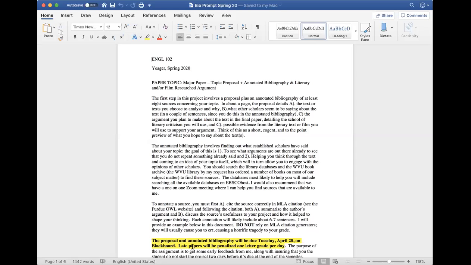Especially in literary research, you have to know what other people were saying, so you can carve your own argument within that larger conversation, right? You don't want to just repeat what somebody else said, ideally. There's always a little bit of that, but you want to carve out your own original work, your own original reading of one of these books.